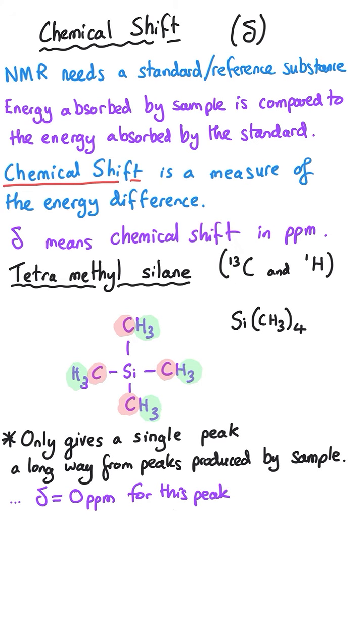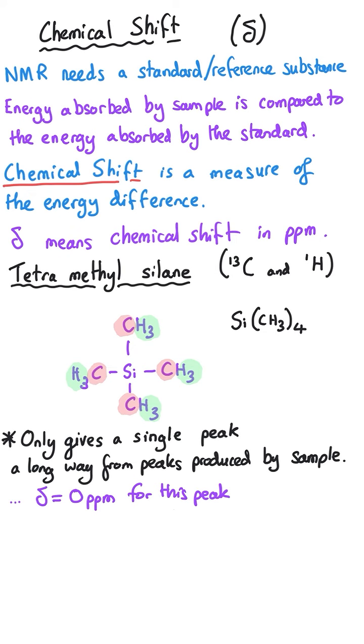And so you will see sometimes on a spectrum that there is a really small peak for the tetramethylsilane at chemical shift value of 0. And so this is to be ignored. This is for the reference. It is not coming from the sample that is being tested. This is the